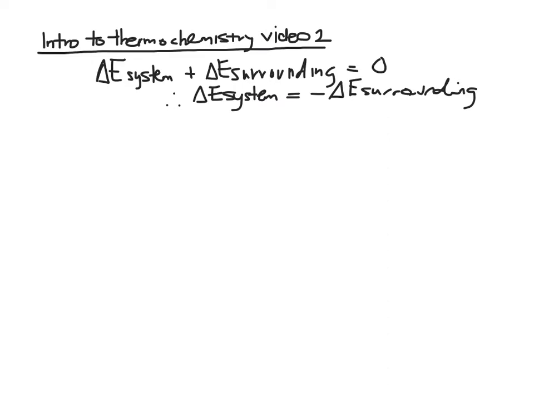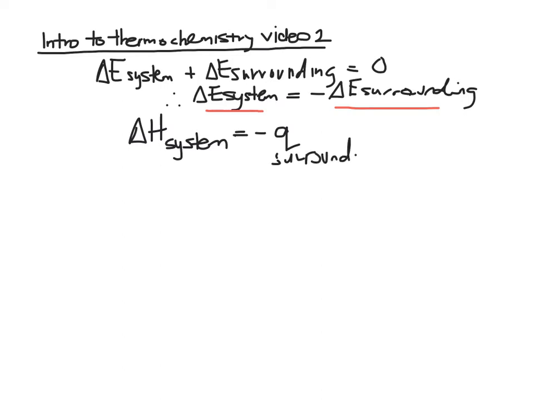But because the energy is constant, the quantity associated with this, the number, is going to be equal, just the sign is going to be opposite. So from this, we have the relationship that the enthalpy change in our system is going to be equal but opposite to the change in energy in our surroundings. Okay, and just to refresh, if our enthalpy change is positive, then the system